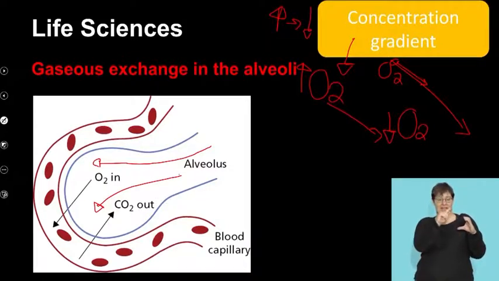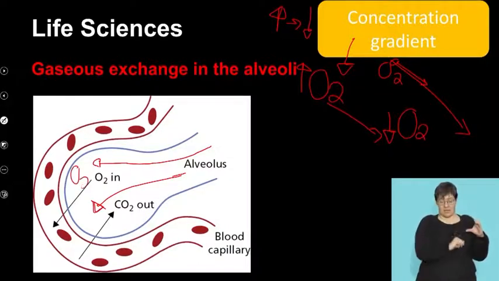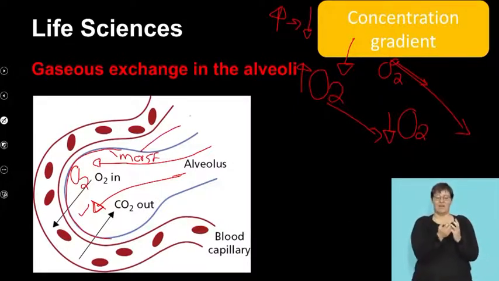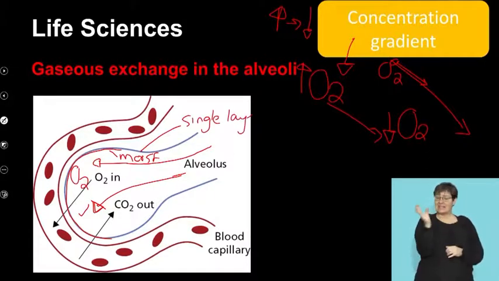All of a sudden, I couldn't think of the word there. The oxygen moves into the alveoli, and this is the oxygen over here. Now remember, this layer over here is nice and moist, and that is where the oxygen diffuses into. Also, there is only a single layer of cells, so that is also going to make it nice and easy.